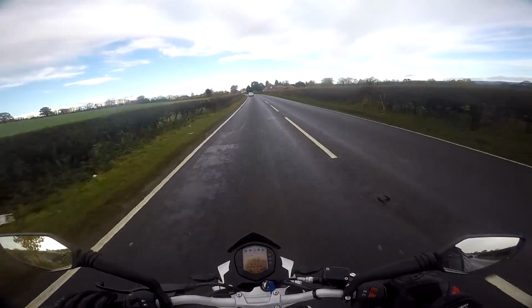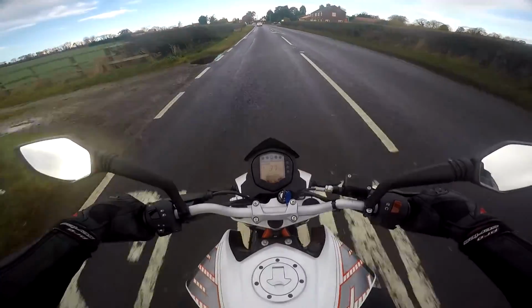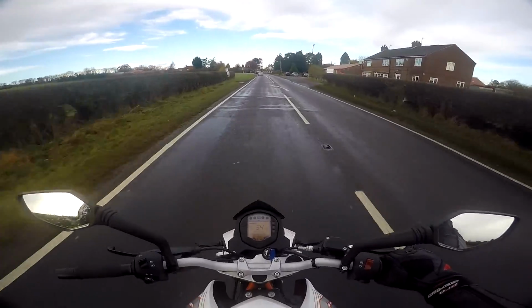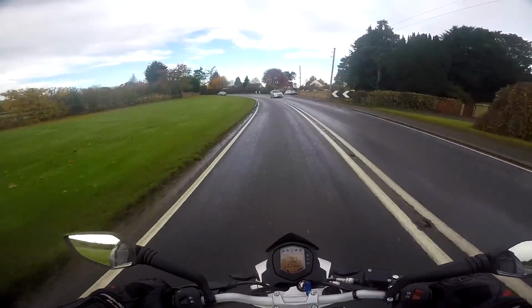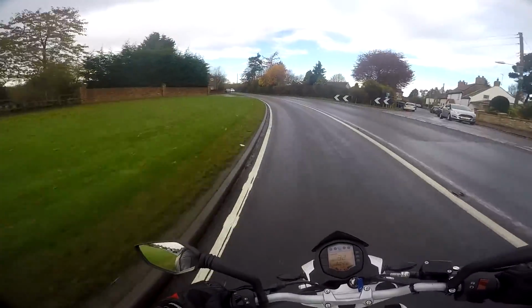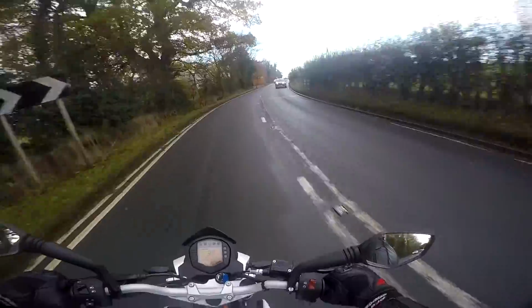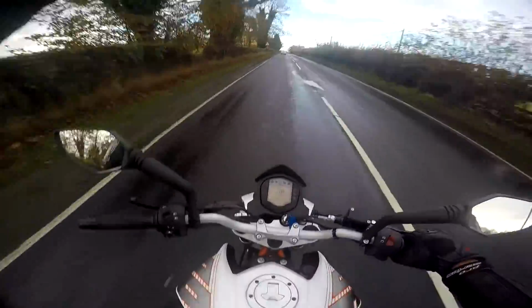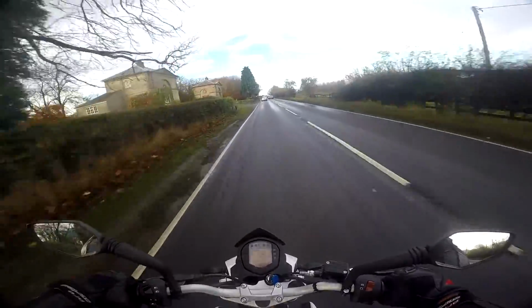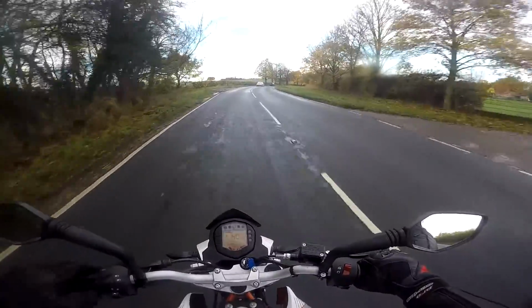This bike is a prime example of they don't make bikes like they used to anymore. It's so true, because this is 10 cc's off my Honda, and my Honda is so much faster than this. Granted, it is only a single, but still. They just don't make them like they used to. It's got a very 125 feel about it. I do feel like I'm riding a 125. It's got a little bit of pull at the low end, which isn't that bad. But it does feel very baby-fied. I know it is a 390, but...